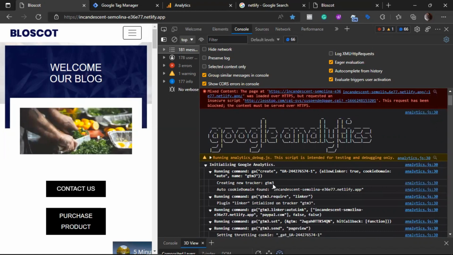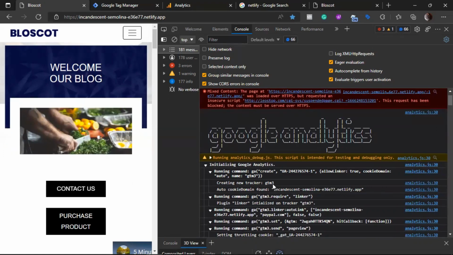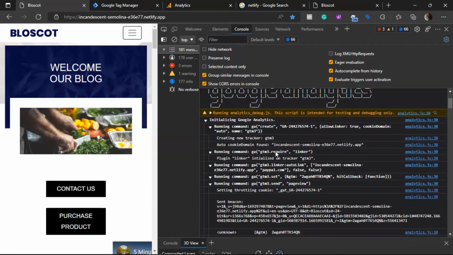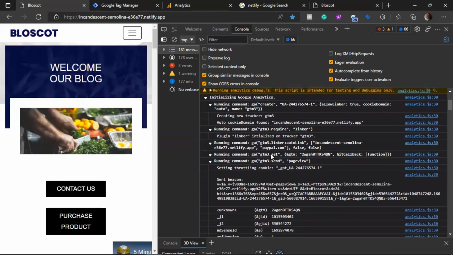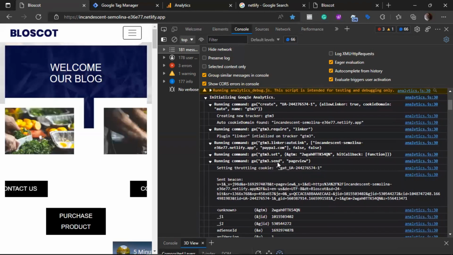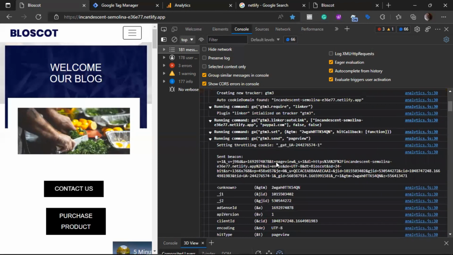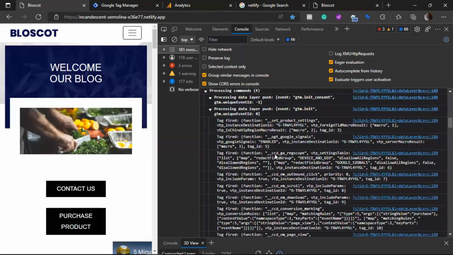Now, as this tracker is created once, the requests that are being sent to Google Analytics will be sent with its reference, like gtm3.require, gtm3.linker, gtm3.set, and gtm3.send, right? So the requests that are sent to Google Analytics after this will be corresponding to this tracker object. Now, we can create our own tracker object. Like if we scroll down a bit,